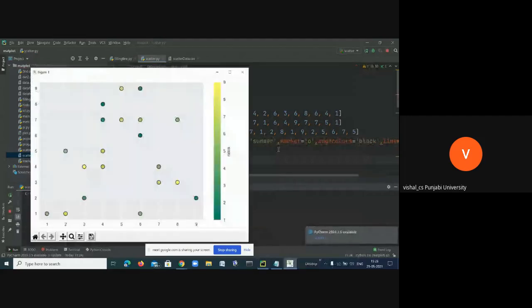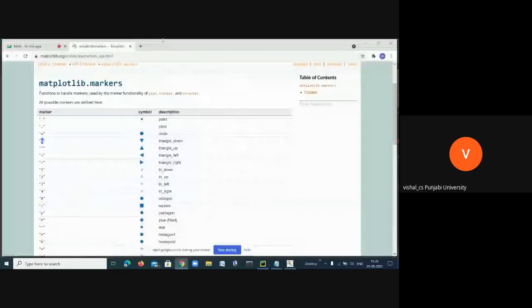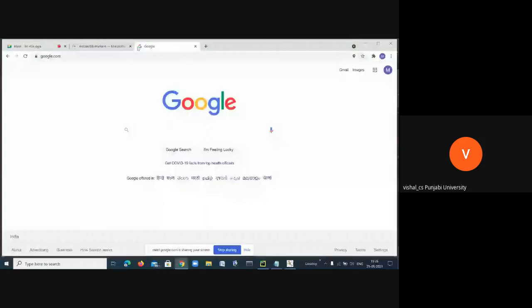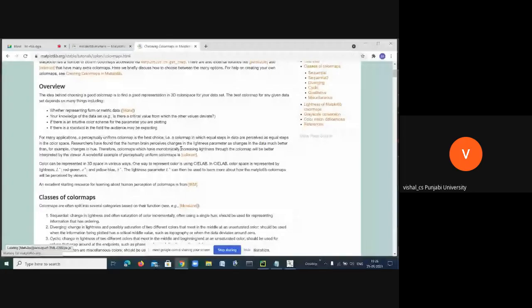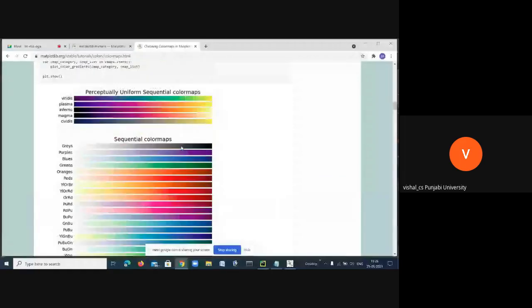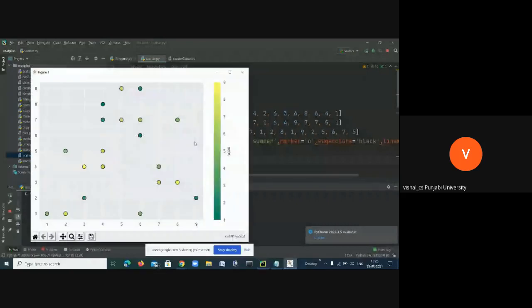You can see what the possible options are for this cmap in matplotlib. Now you see, are you able to see this now? Yes, sir. Which color represents which thing?